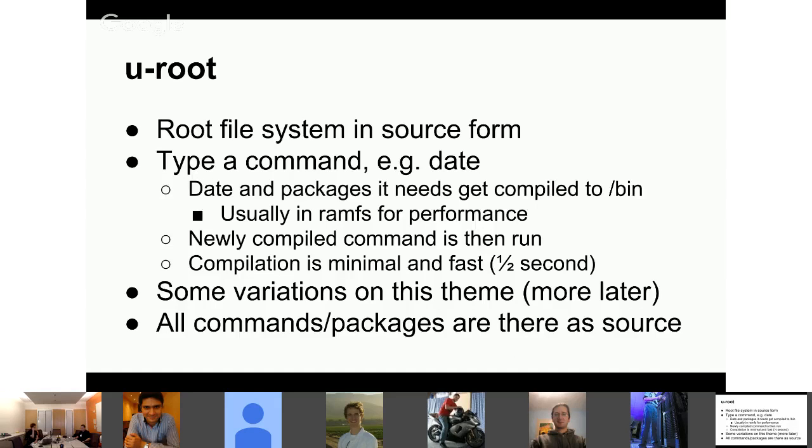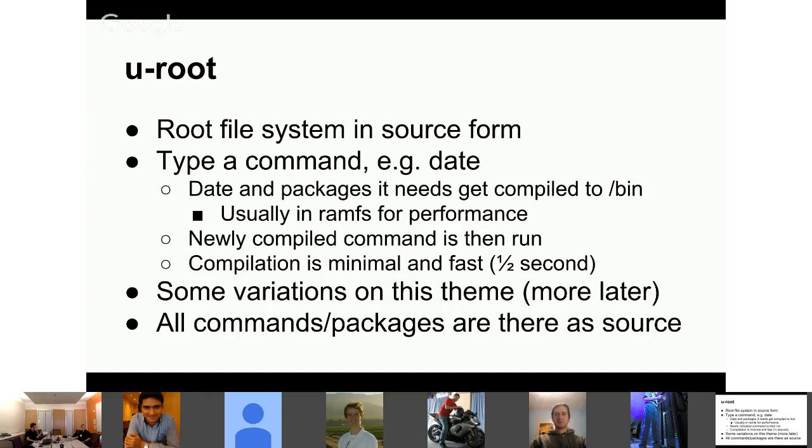something I realized is, because of the way Go works, they've done a pretty good job with heterogeneity. You could build a root file system, and then you could put the four files for each architecture in the root file system, because the files that name the compiler are in an architecture-dependent path, and the binaries go in an architecture-dependent path. So you could actually have this little USB stick or something with maybe 4 or 8 or 16 binaries, and you'd plug it into any machine and boot it, and it would compile the commands for that machine as you type them. So that was the U in uroot.